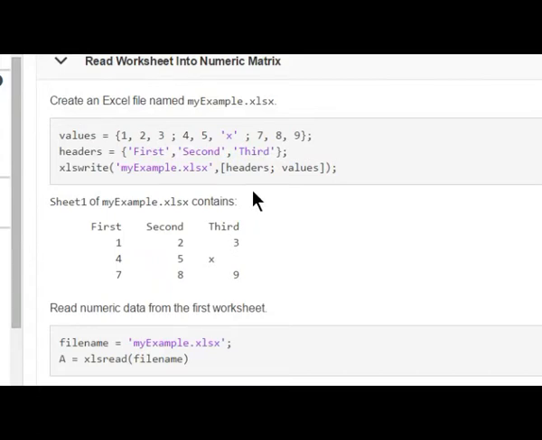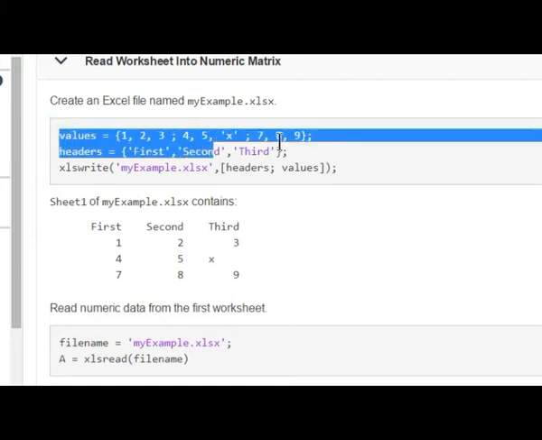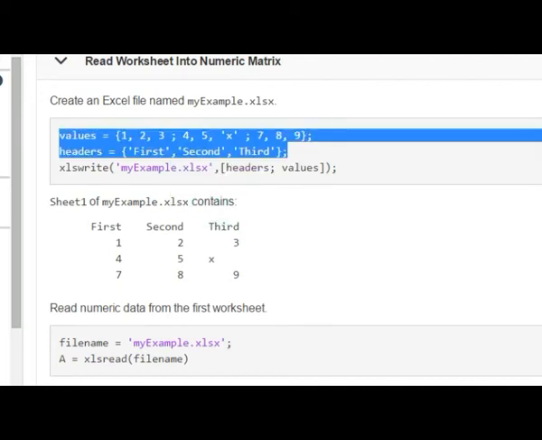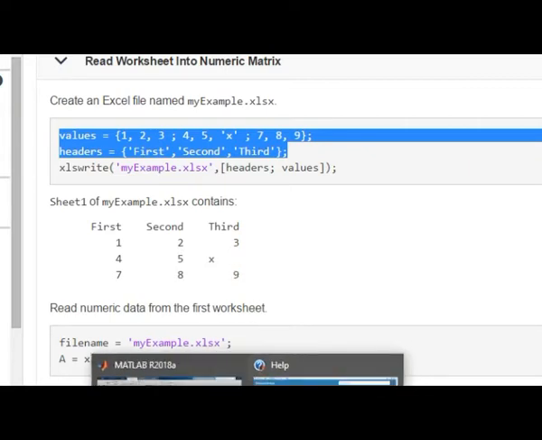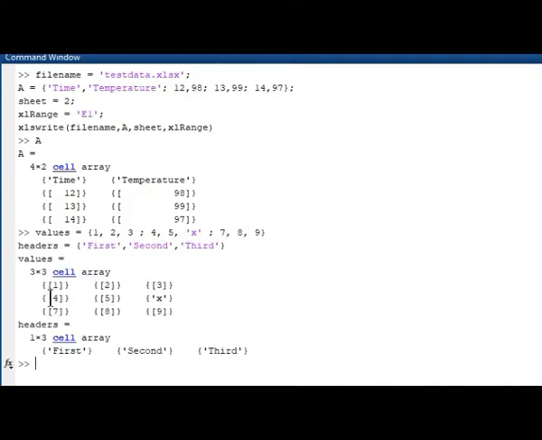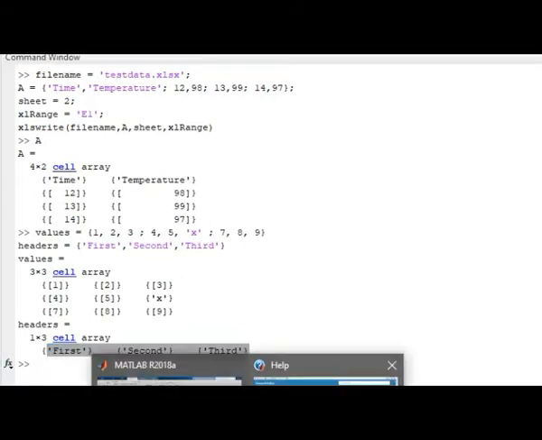First of all, let's create a file by writing specific data to the Excel sheet. Suppose I have this data, values and header. My data value is a 3 by 3 array, and the headers will be first, second and third.